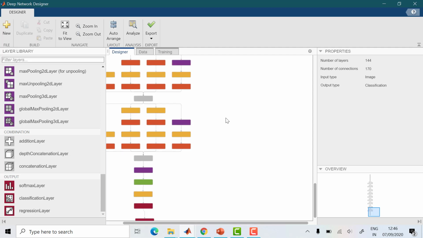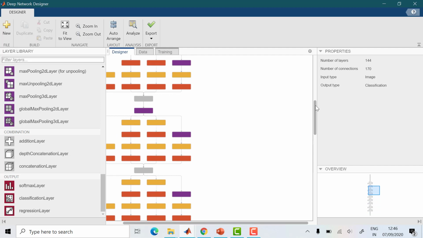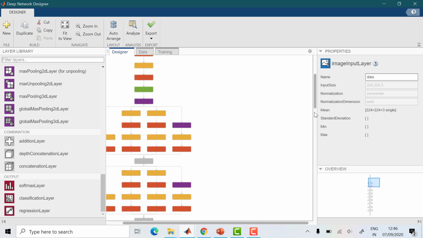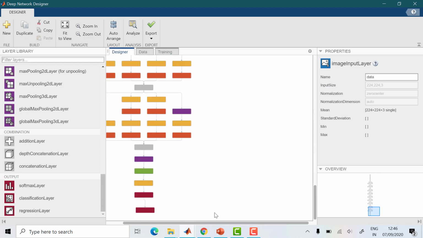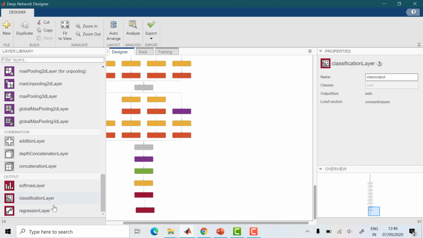So what you have to do first is check the input image size. This is GoogleNet, so it will allow only 224 by 224 by 3. We have the same size. Then scroll down, come to the fully connected layer and change the output size to 5 because we have 5 different images. Then change the rate factor. After that, remove the classification layer and add the classification layer we have. Okay, so this is finished.